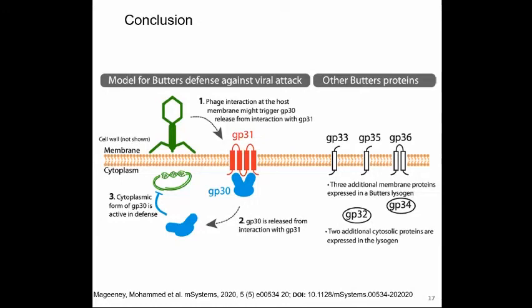I must say that we don't know at what specific stage this arrest happens, i.e. we don't know whether genes are duplicated, whether any genes are expressed, whether the DNA is duplicated, or whether it is assembly of viral particles that is blocked. We don't know. But what we know is that there is an interaction here which will lead 30 to come